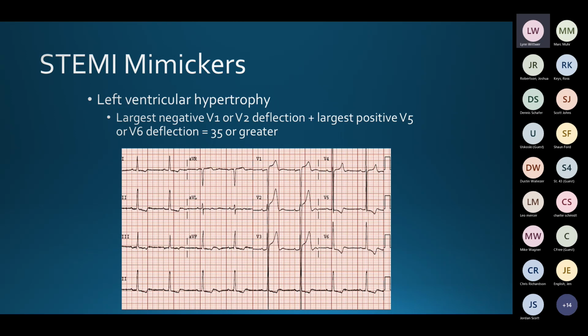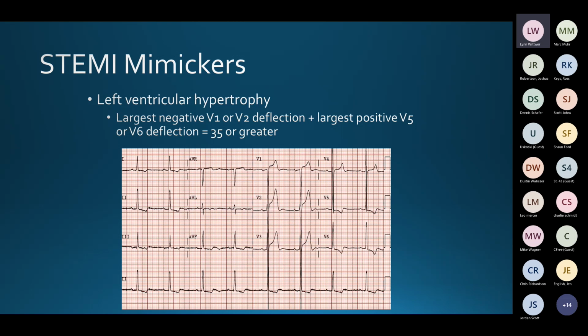Okay, the next STEMI mimicker, next most common would be left ventricular hypertrophy. We see a lot of people who have left ventricular hypertrophy on the basis of underlying coronary disease and hypertension. You see, this one is a normal complex, not a wide complex. So it's not a bundle branch block, but